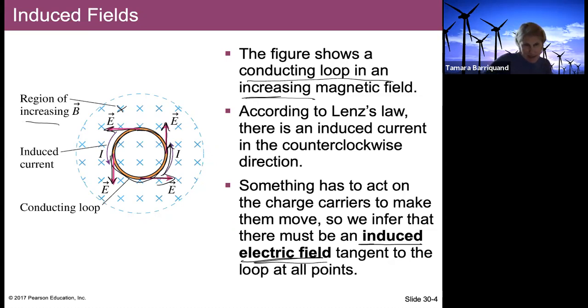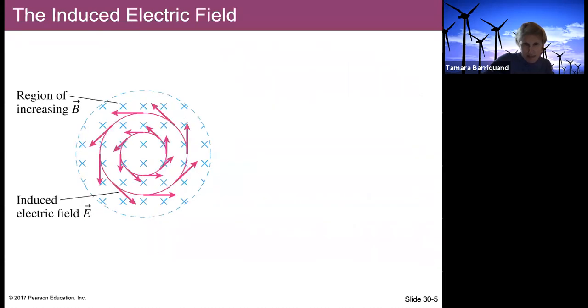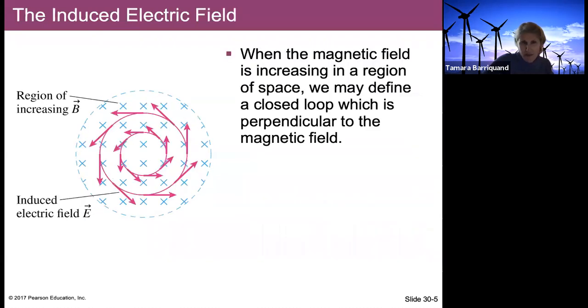Let's now take this, and instead of having a loop, let's generalize it. When the magnetic field is increasing in a region of space, we may define a closed loop, any closed loop. We don't have to actually have a conducting loop in there, but we can define any closed loop which is perpendicular to the magnetic field. If the magnetic field is increasing in a region of space, and we define this closed loop,